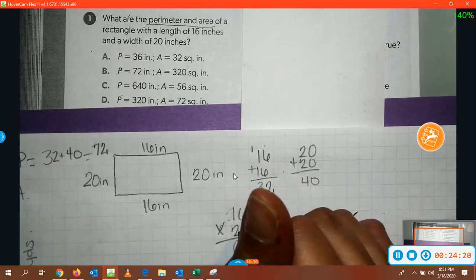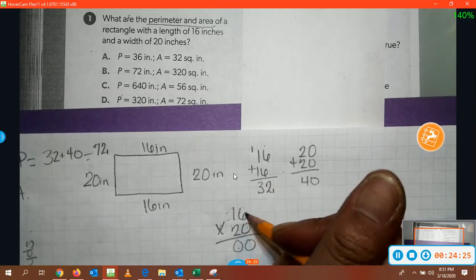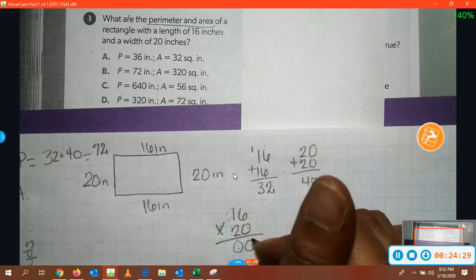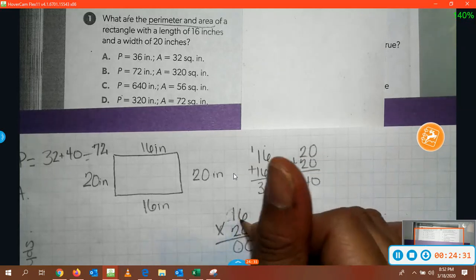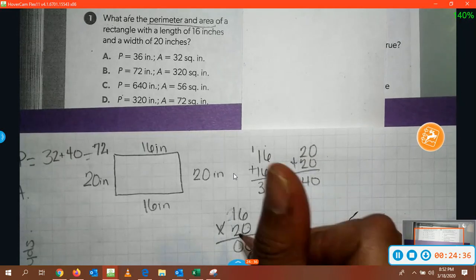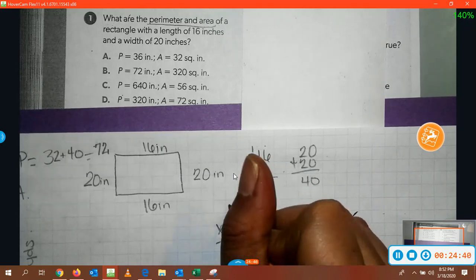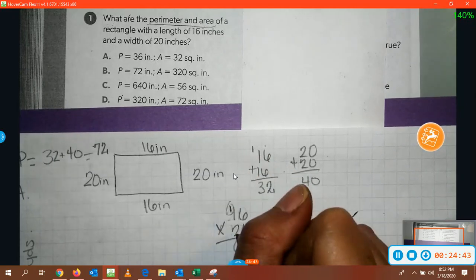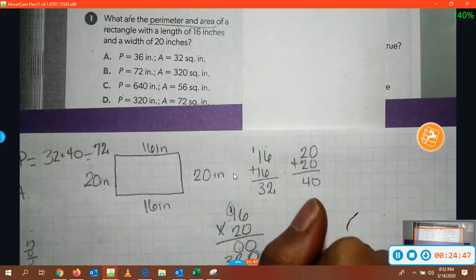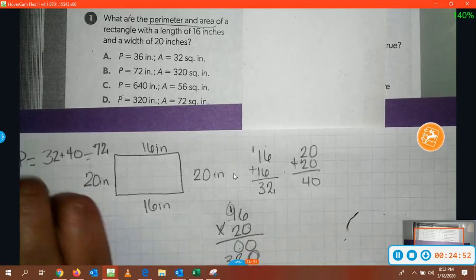I have two zeros because I take 0 times 6 is 0 and then 0 times 1 is 0, right? So then I'm going to move down and put a 0 on my placeholder. 2 times 6 is 12. And then your 2 in your 1's place and then carry your 1. 2 times 1 is 2 plus 1 more is 3. Add them up. So my area equals